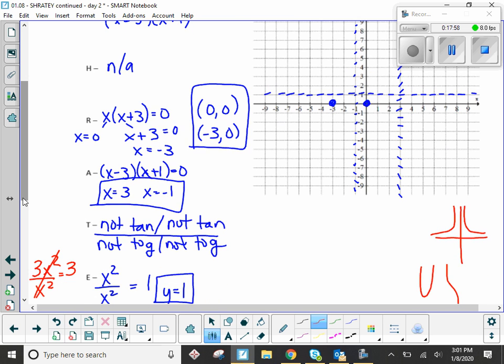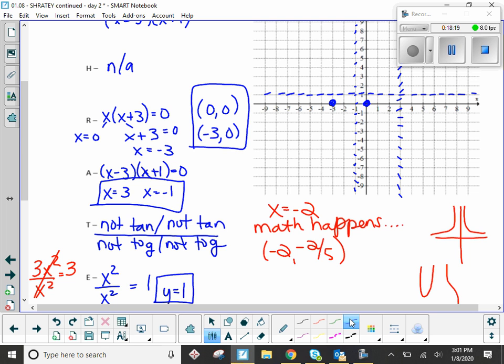So I said, plug in -2 for x into your original function. Follow your order of operations. And then simplify. And I told you when you do that, you'll get -2/5. Okay, for your point. And that's all you need to figure out now what that left portion is going to look like. You put that point down,